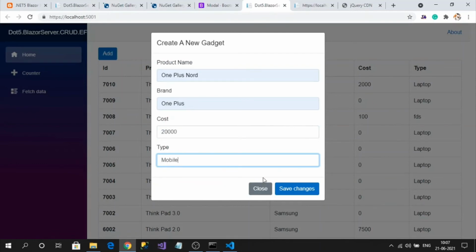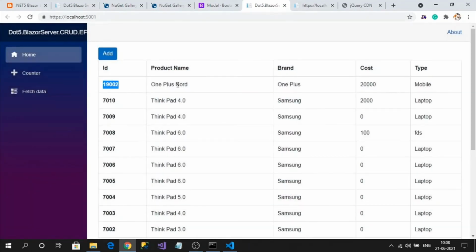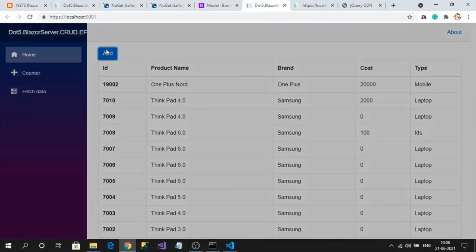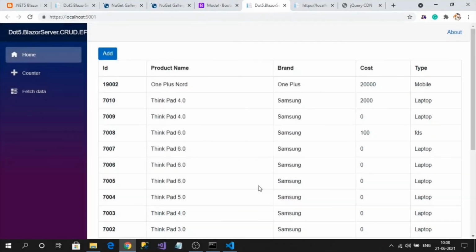Click on save changes so that the record will be added. See, the new record is added, OnePlus Nord, everything. And if you click again, see, an empty form. And if I click the close button, it will close.